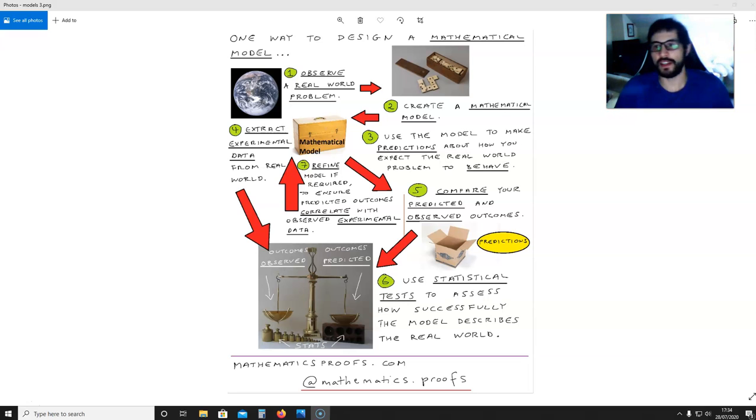Okay? Now what it states in this book is that to design a mathematical model, you have to first observe a real-world problem, and then you create a mathematical model based on that real-world problem. That's number 2. Then you use the model you've created to make predictions about how you expect the real-world problem to behave. The next step in this process, once you have this mathematical model, is number 4, and that is